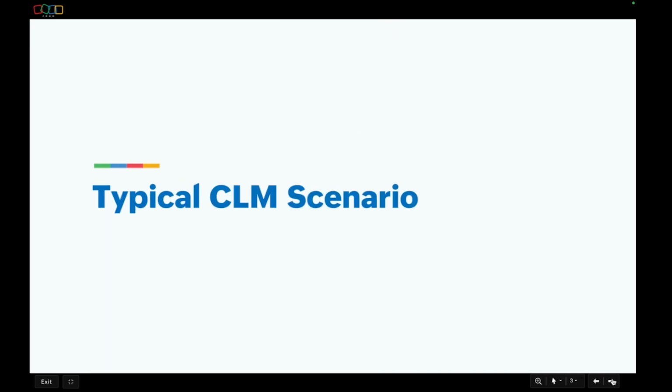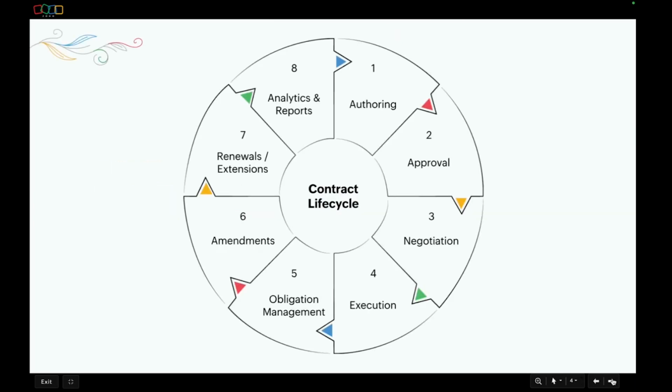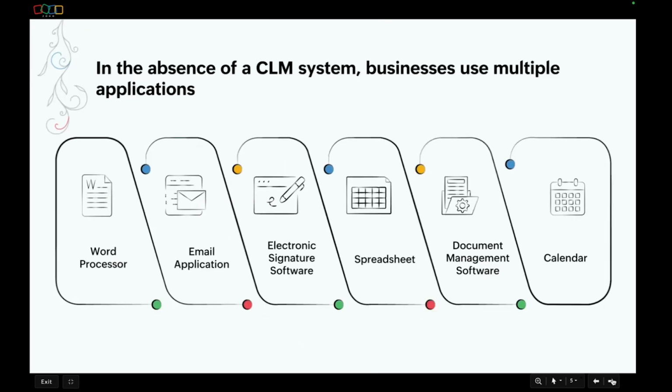So this is how a typical CLM scenario looks. These are the stages involved in a typical contract lifecycle. It starts from authoring to approval, negotiation, followed by the post-execution stages, and ending with analytics and reporting. To manage all of these contract lifecycle stages, in the absence of a CLM system, businesses tend to toggle between multiple applications. On an average, they make use of up to 6 to 8 applications to manage the entire contract